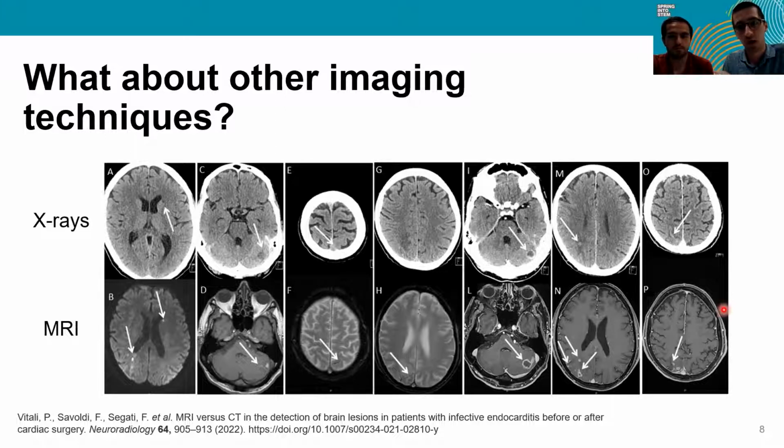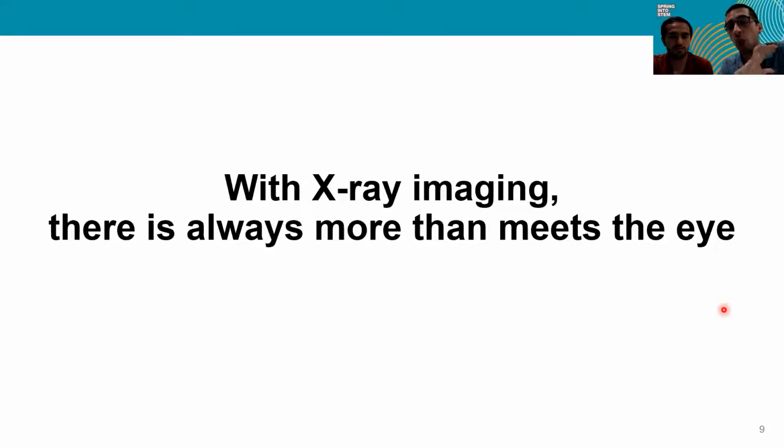Now, before handing over to Carlos, I just want to leave you with this. From all I have said, the main thing that I want you to remember is that with X-ray imaging, there is always more than meets the eye. And what I mean by that is that we've always thought of X-ray imaging as this relatively simple thing, right? The attenuation that we've used for several years, almost more than 100 years. But in reality, there are so many things that are happening inside an object, inside a sample when the X-ray goes through, that if we can actually take a close look at all of these things, we can learn a lot about the sample. That's me, so I'll just hand you over to Carlos now.